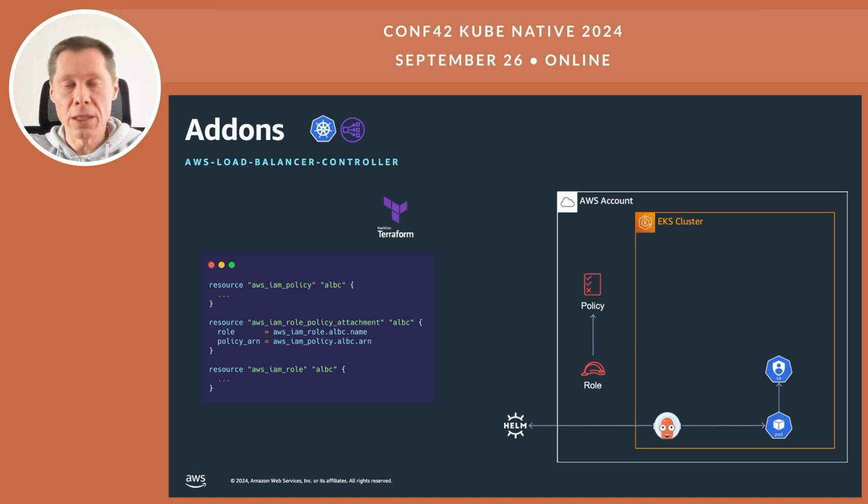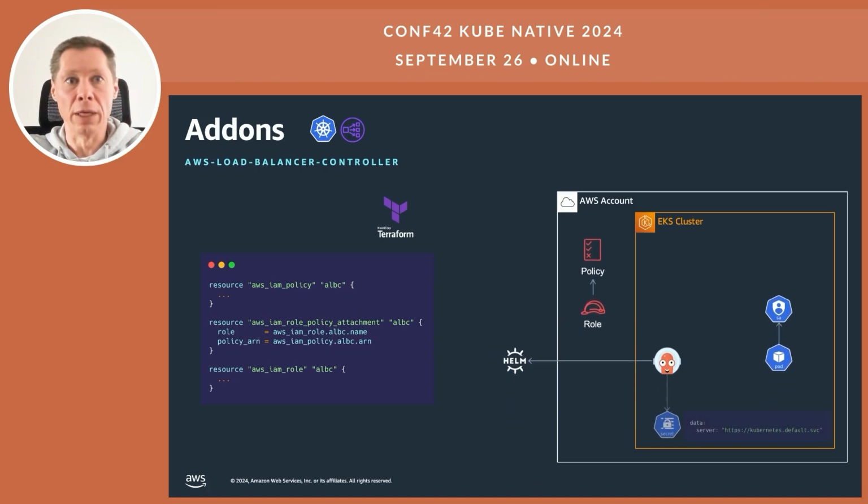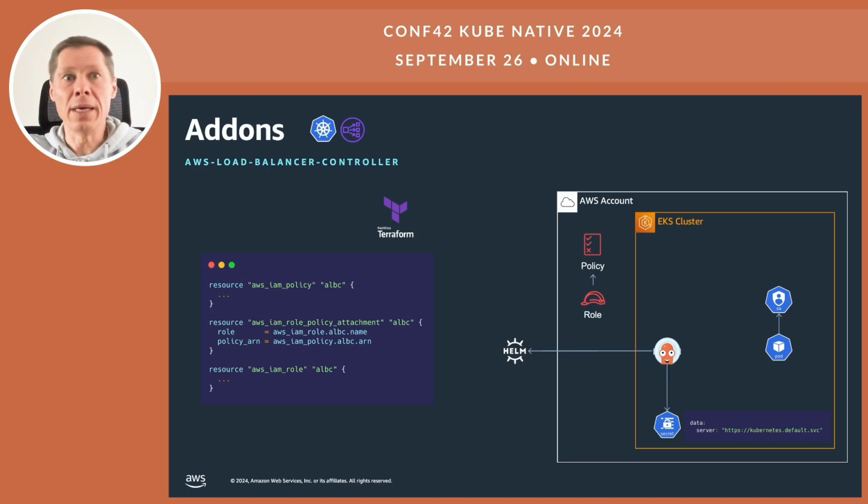We can ask Argo CD to talk to Kubernetes and do the Helm install of the add-ons via creation of application objects that reference the Helm chart repo. But then we still need a way to provide it with appropriate configuration, in this case the IAM role for the load balancer controller. With Argo CD, there is a notion of ApplicationSet. ApplicationSet allows us to dynamically create or generate Argo CD application objects. ApplicationSets are able to read a secret in the cluster and apply its configuration to some of the labels